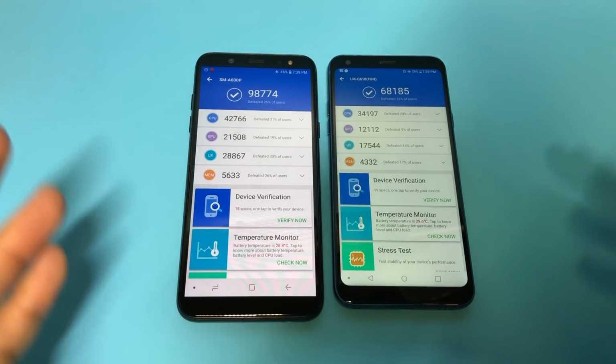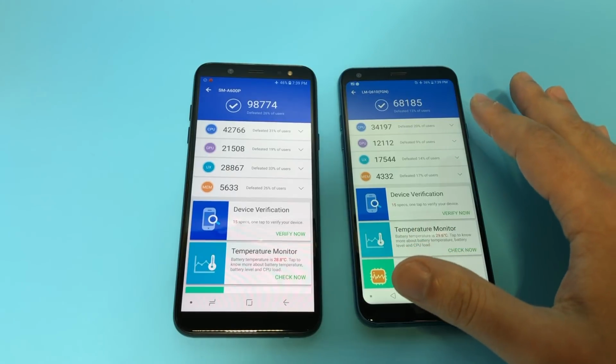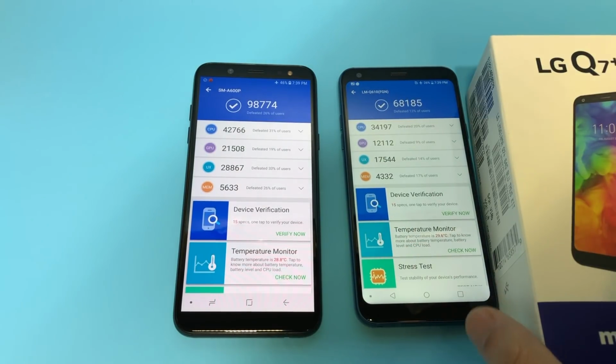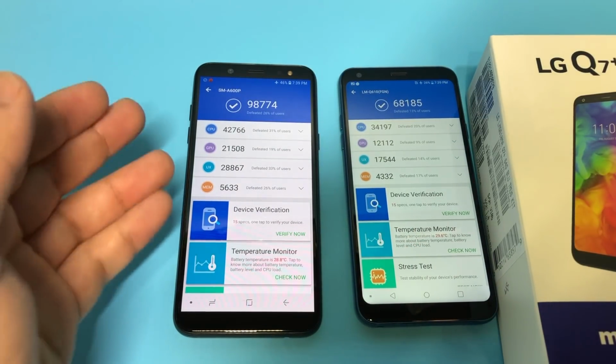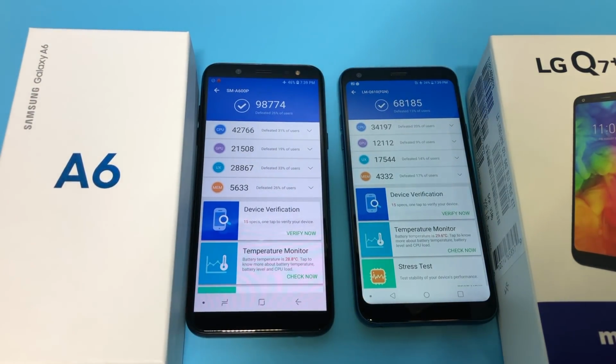Alright guys, there you have it. This is the final numbers, and we have 68,185 on the LG Q7 Plus, while we have 98,774 on the Samsung Galaxy A6. That's a huge difference. I did not think there was going to be a huge gap like that between the